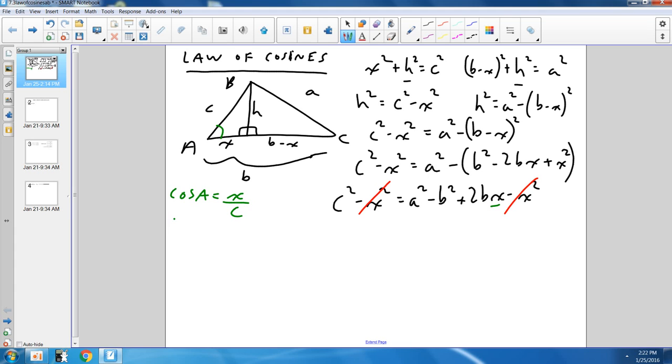And now I can solve for x by multiplying both sides by c. It's c times cosine A. And then what I want to do is actually substitute that in for my x. And then I'm going to be pretty much done with the law of cosines. So it's going to be